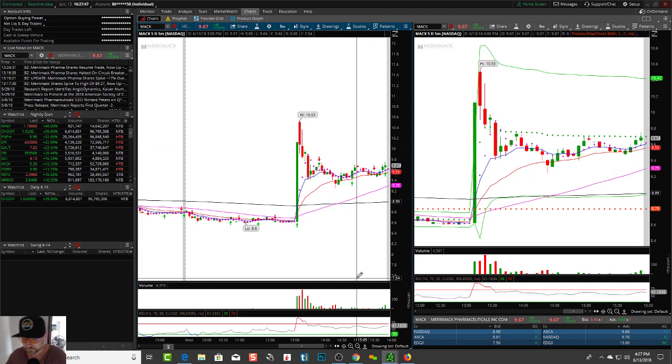All right, just trying to show you guys this stuff. You can make tons of money trading these pumps and then dumps. And that's why we have our watch list. We like to suggest you use our watch list at night in conjunction with Trade Ideas. Find the best setups, look for a daily breakout or something that's near a gap.